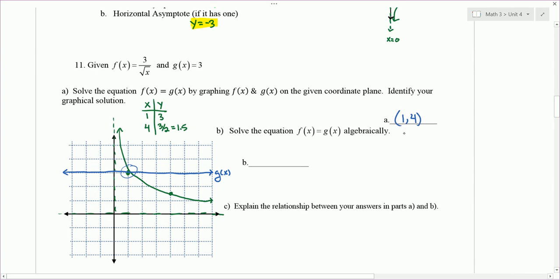Alright, now let's solve this algebraically. If I want f of x to equal g of x, I get 3 over the square root of x is equal to 3. I don't want a fraction, so I multiply both sides by the denominator, which is the square root of x. When I multiply the left side by the square root of x, and the right side by the square root of x,